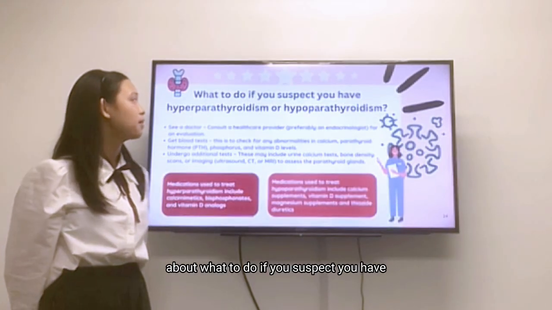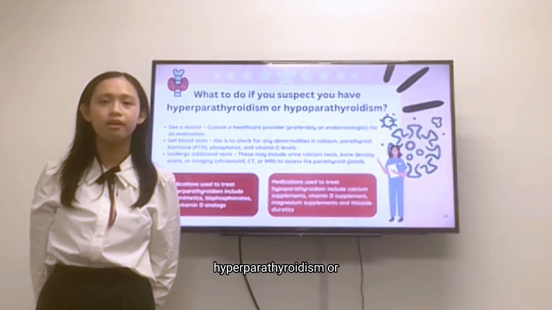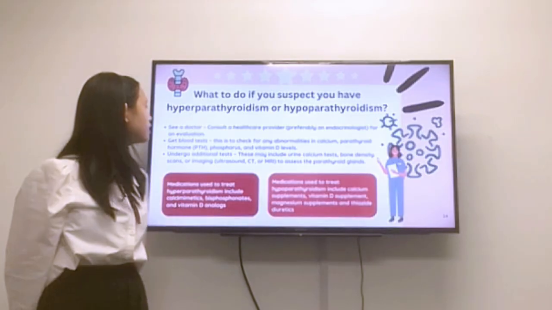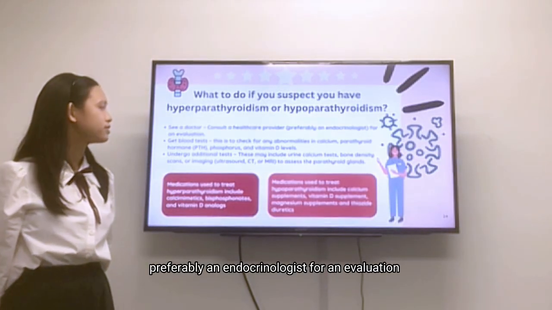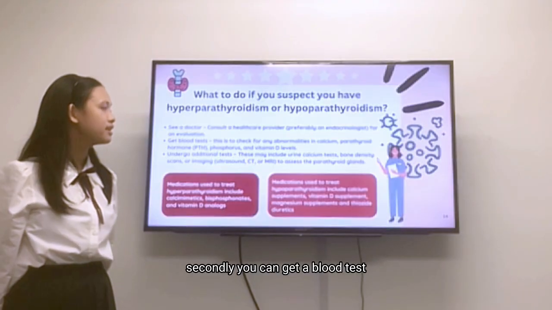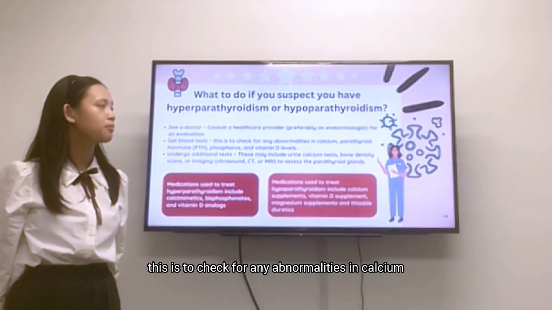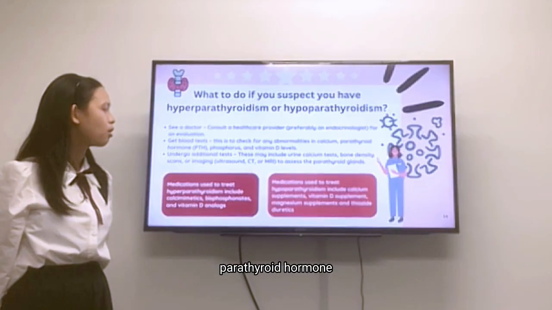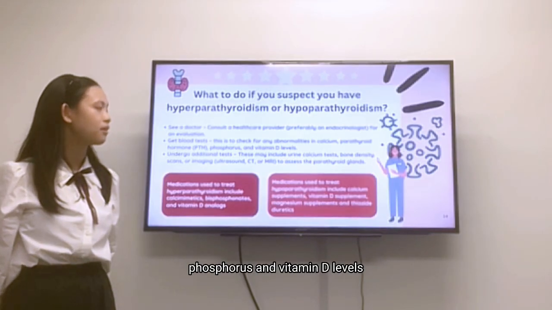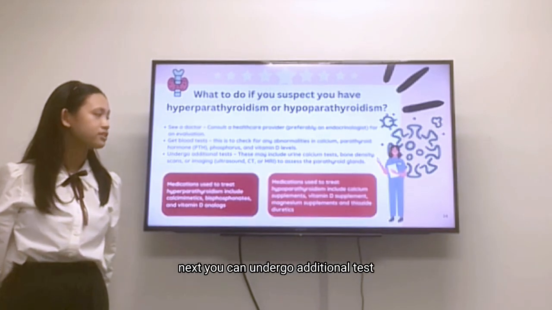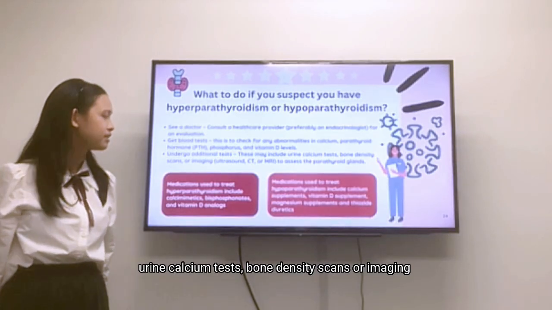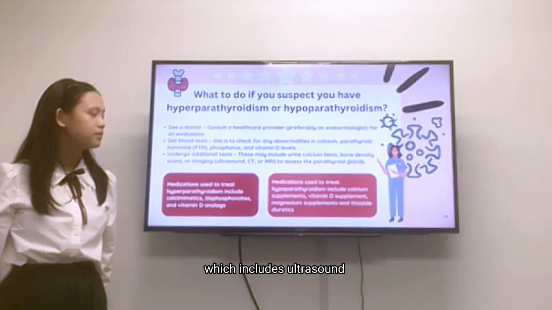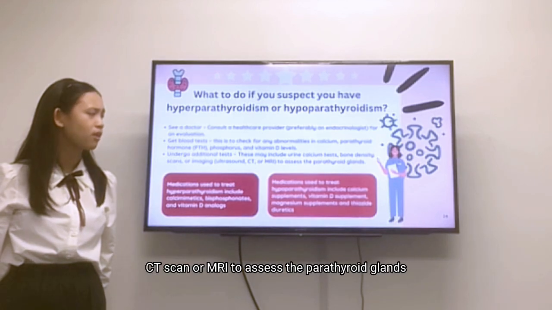Now I'll be presenting about what to do if you suspect you have hyperparathyroidism or hypoparathyroidism. First, you can seek a doctor, preferably an endocrinologist, for an evaluation. Secondly, you can get a blood test. This is to check for any abnormalities in calcium, parathyroid hormone, phosphorus, and vitamin D levels. Next, you can undergo additional tests. These tests include urine calcium tests, bone density scans, or imaging, which includes ultrasound, CT scan, or MRI to assess